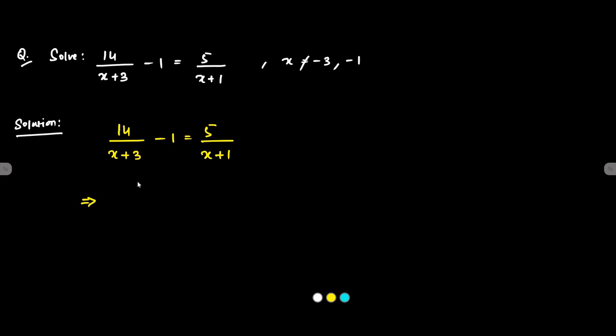So 14 by x plus 3 minus 5 by x plus 1 is equal to 1. We have brought 5 by x plus 1 to the left hand side, minus 1 we have brought to the right hand side, that's why it becomes plus 1. That implies